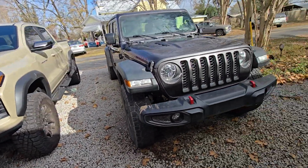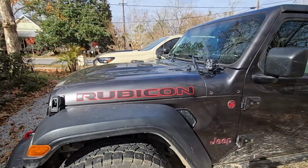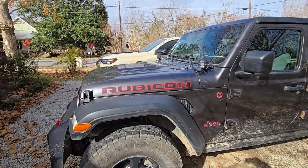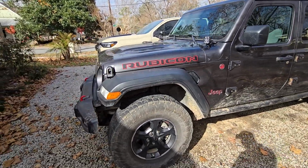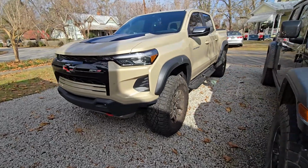Okay, so there's a difference. If you look across the top of the hoods, look at the size difference of that. That's a big difference between these two trucks as far as the feel of them and how they're gonna feel when you're driving them. So that's a very big noticeable difference. Now,